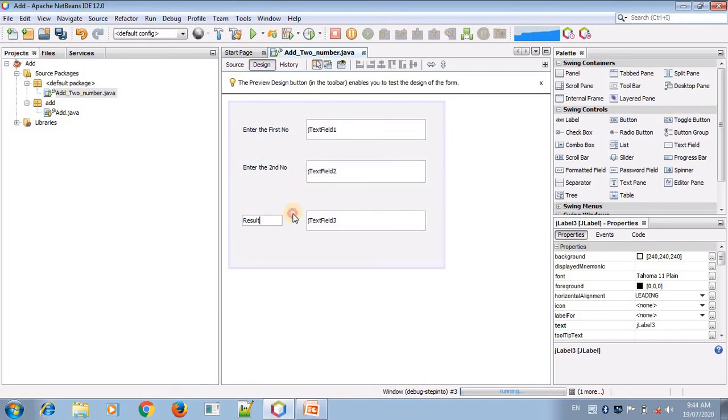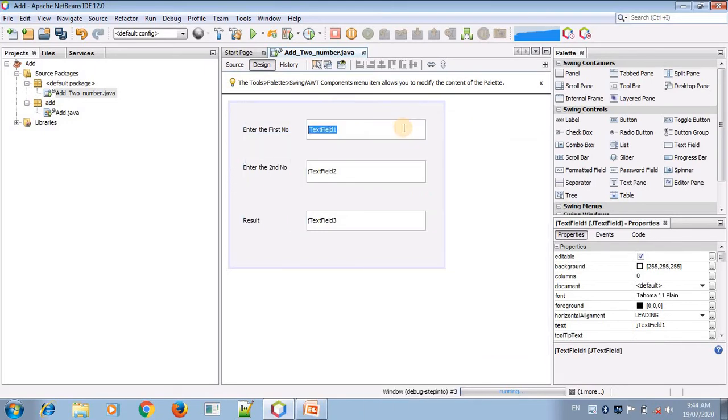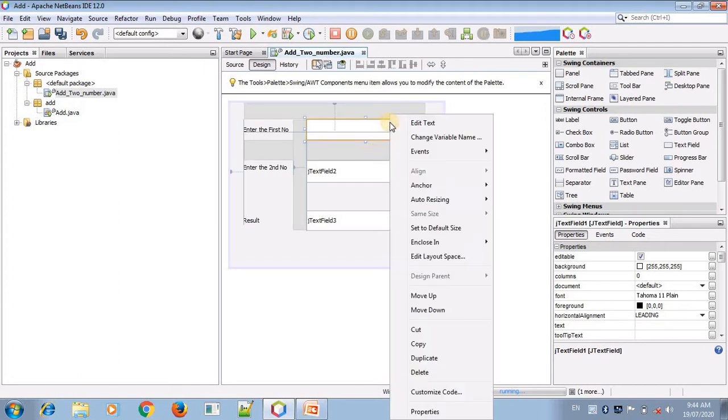Now we have to add the variable names. We edit the name of the text box. Right click, first click on edit text and create a blank, removing the text from the text field. Then click outside, click on the text field, and click on change variable name.